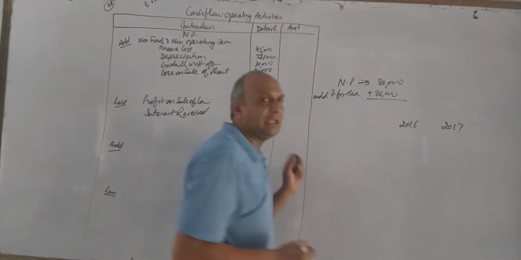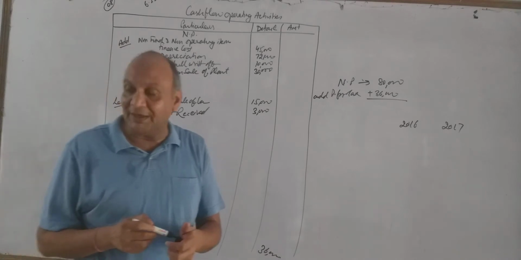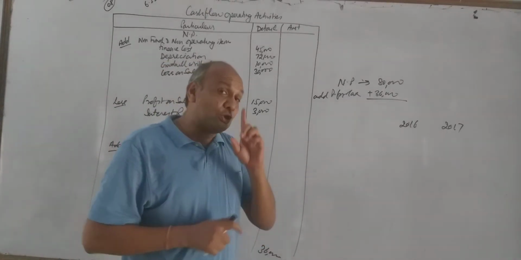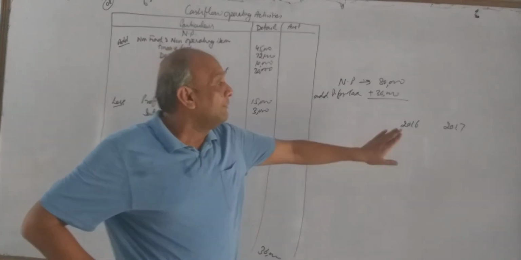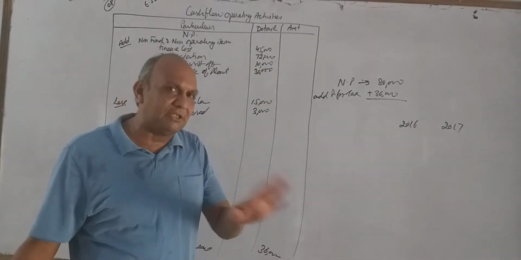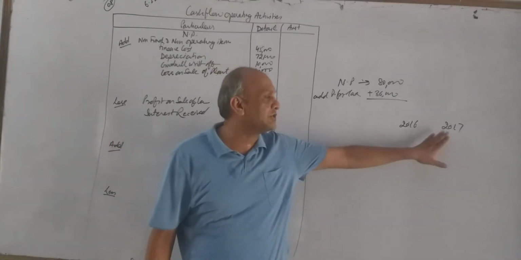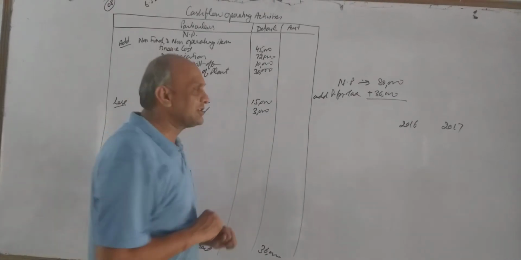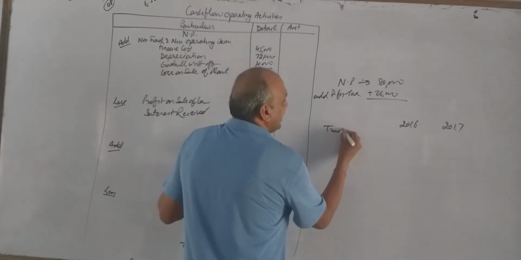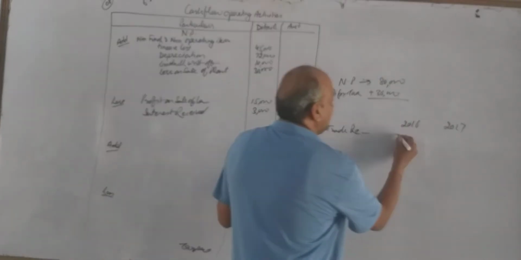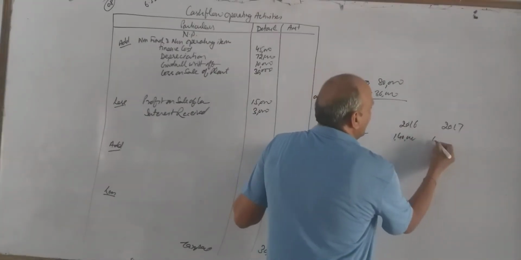2016, 2017. We have given trade receivable, inventory, trade payable, office expense, outstanding. I told, if you remember in my previous sum, first we should check the year over here. In revenue from operation we were not having year, but here we have given 2016, 2017. It means years are given in proper order. First item given over here is trade receivable, 140 and 164.